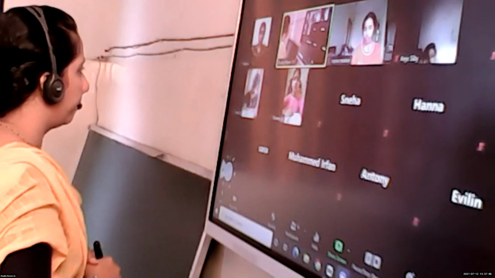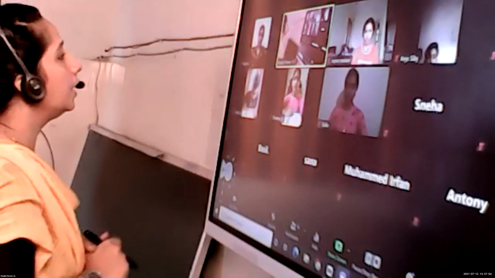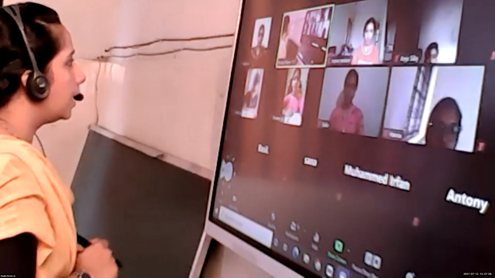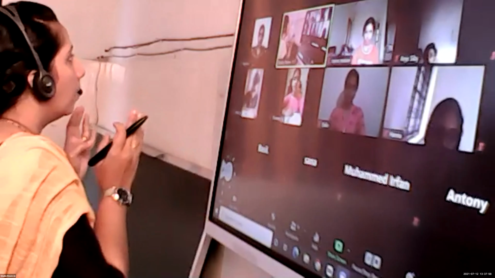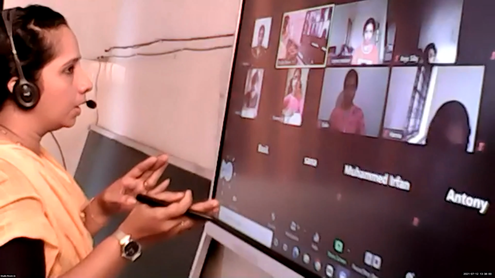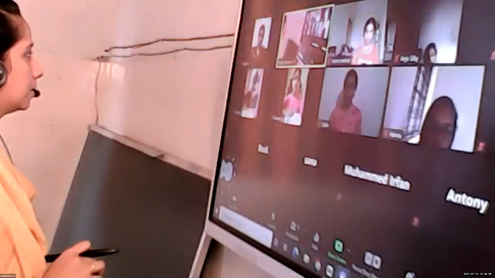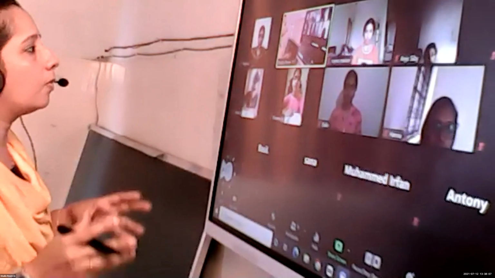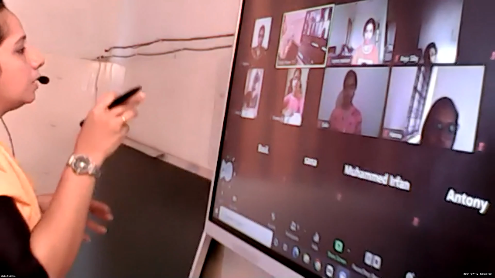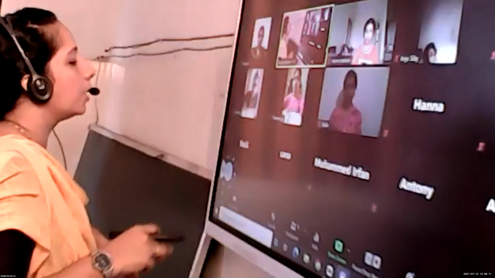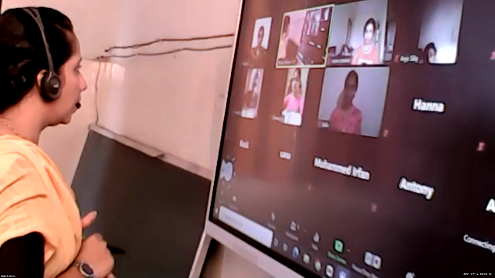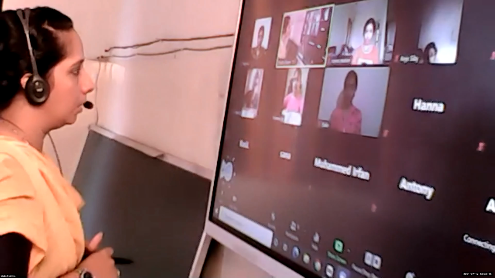Elvina? Key is used as the index and the value is used as the data value. Correct. Key is used as the index. In a series, we have two options, index and data value. In a dictionary, we are using this key as index. Means if you want to access one value from a series, in the case of a dictionary, we are using the key. Okay. Value is used as data value.